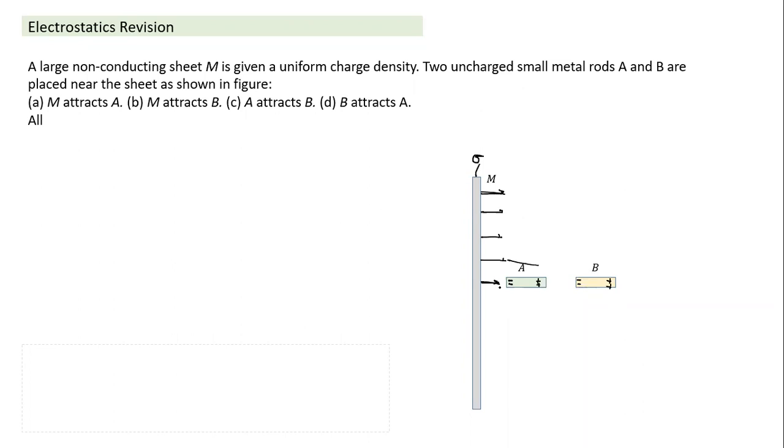This is basically the induction effect in the case of metal. So whenever metal is placed in an external electric field, charge gets induced. There's a rearrangement of charge. Net charge still remains zero. Charge will rearrange in such a way that anywhere in the interior region of the conductor, the field has to become zero. So that's how the redistribution takes place.